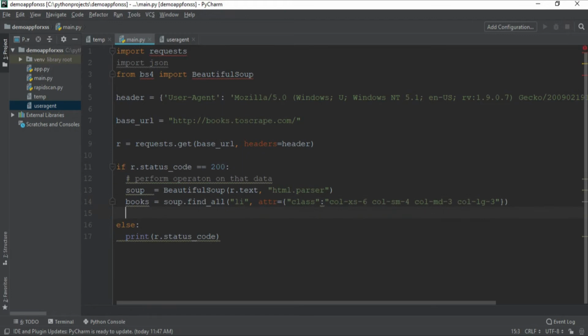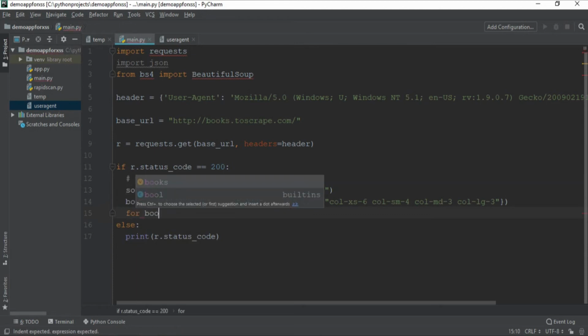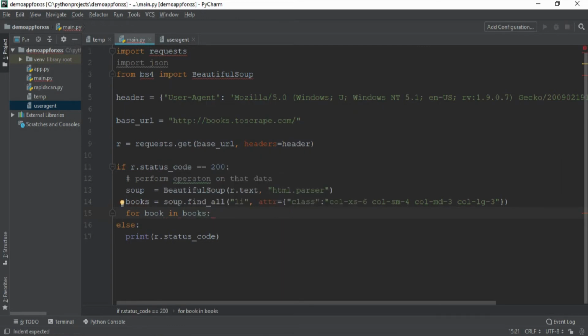What we can do is get specific data from these books, since these books are still in raw form, or in HTML form. So we can loop through these books and get the title, the link, the stars, and the price, and everything we want from the books specifically. We can do that by writing for book in books. So we are looping through the whole books array, and we are just getting a single value from it. Now if I'm willing to get just the title of this single book,